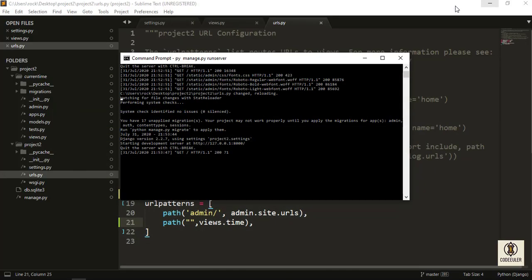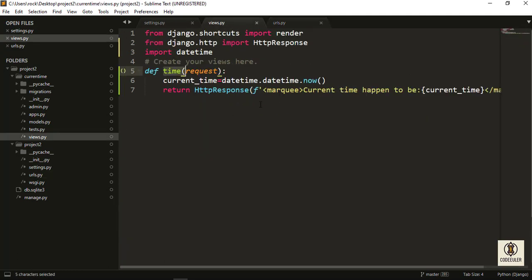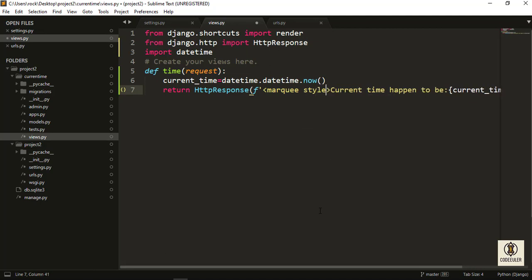Now let's add some CSS inside the marquee tag, so it will look cool. I'm inside my view. I'd like to apply some style inside the marquee tag.